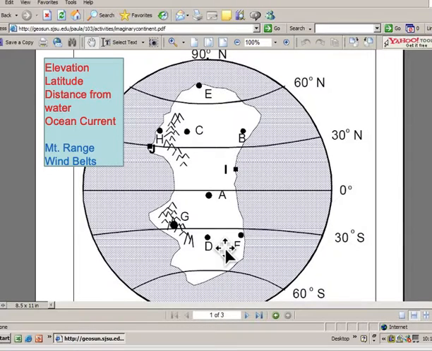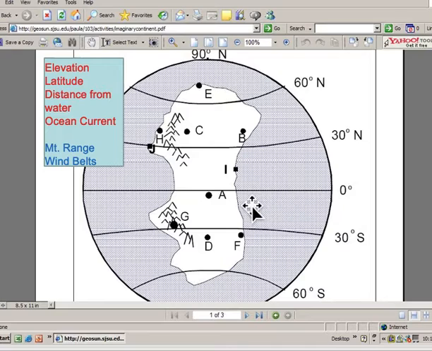I don't have any information on ocean currents, and both of them are far from a large body of water. So I would expect both of them to have a range in temperature between winter and summer. So what about mountain ranges? No, I don't have any nearby there. Wind belts. Well,